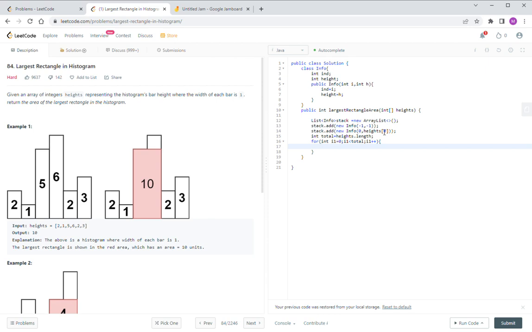Then we need to compare with the previous one, right? So we have some previous one, which will be the height of 0, because we already put the first one here. So okay, its height is